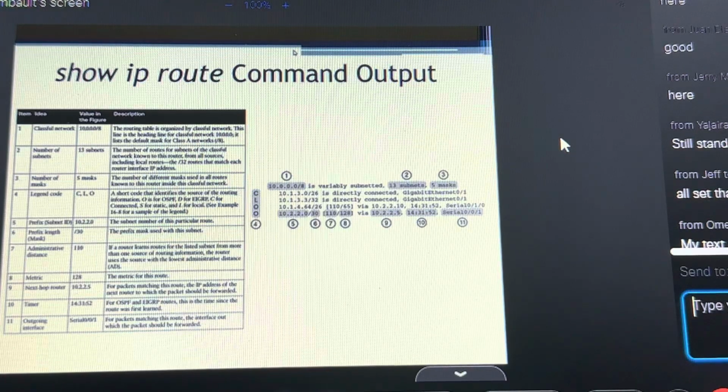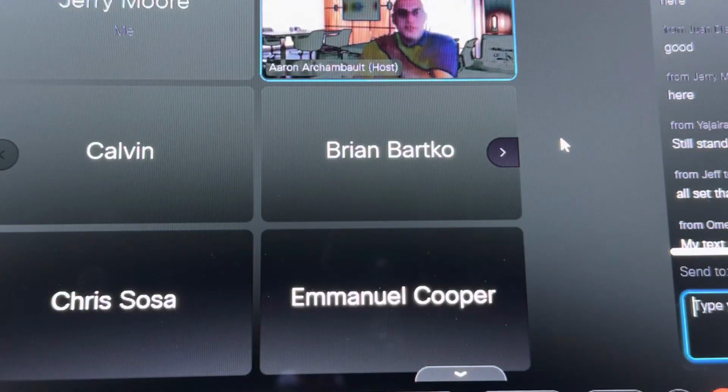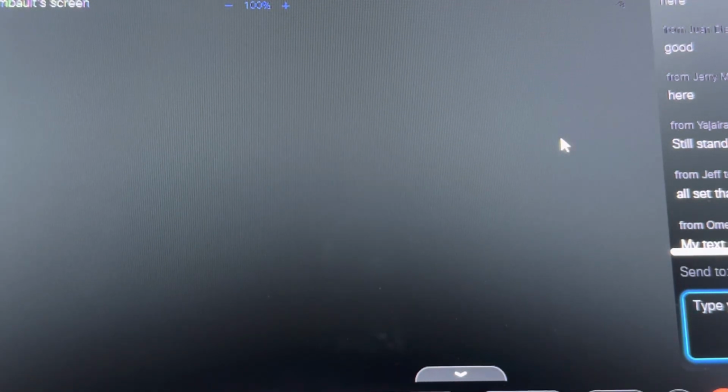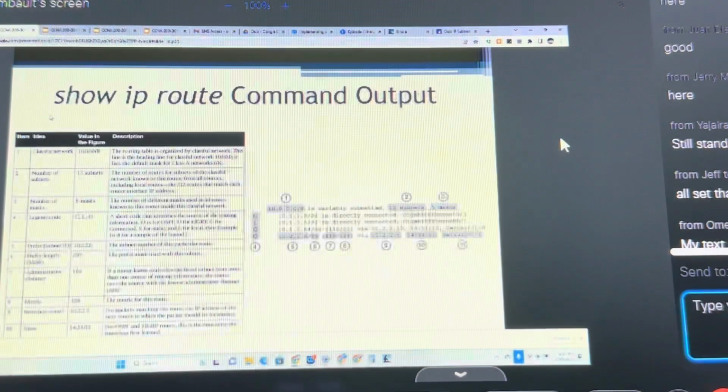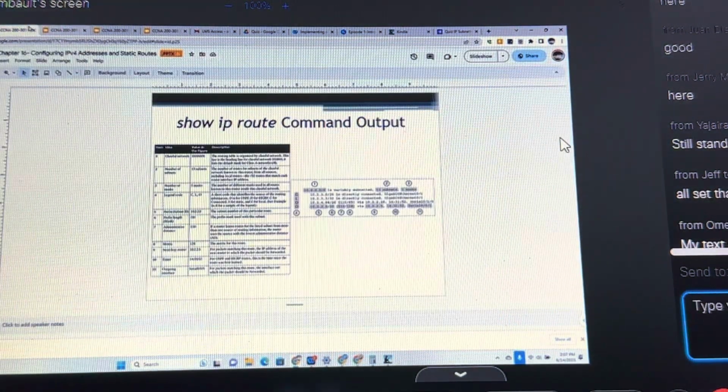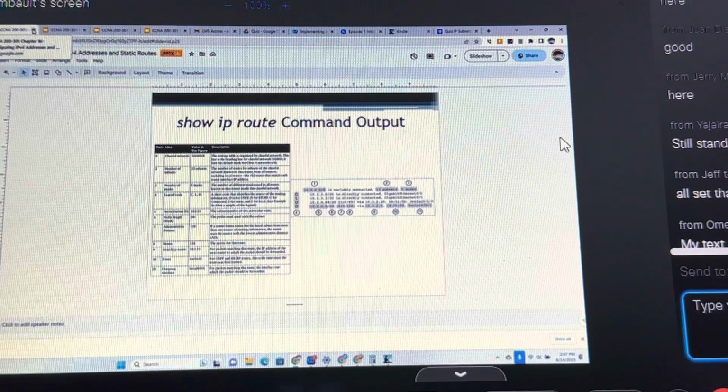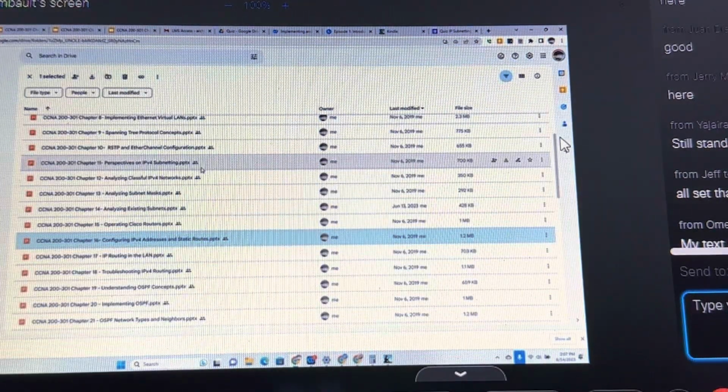Any questions on the basics of routing? Oops, I didn't want to do that. I wanted to do this. So in a small network,